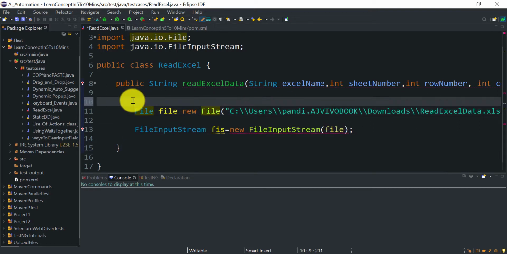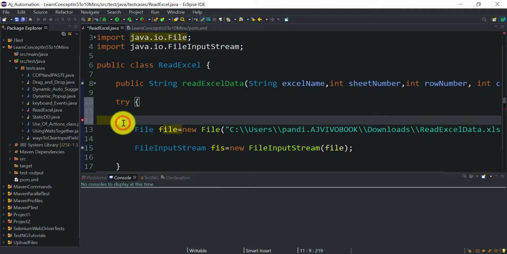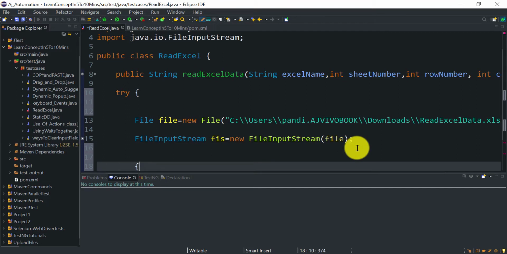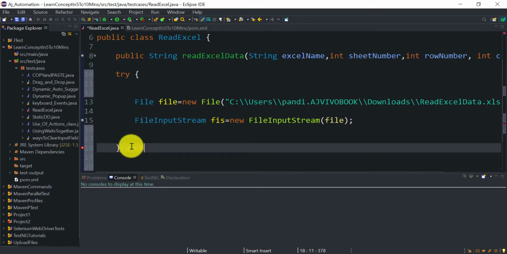Here I will handle that using try catch. The whole code I will add under try. If we get any kind of exception in this try block, we will catch it using the catch, and you will get the IOException.